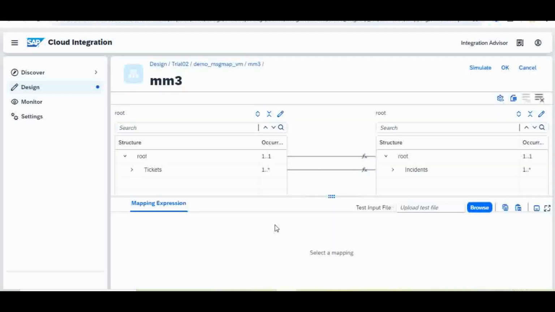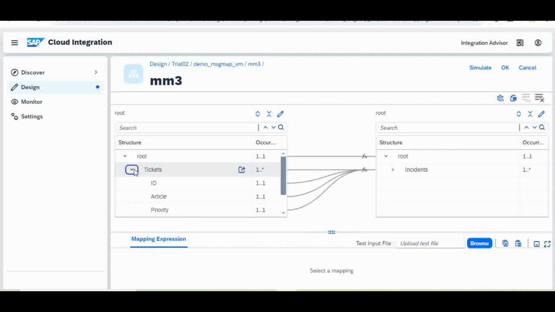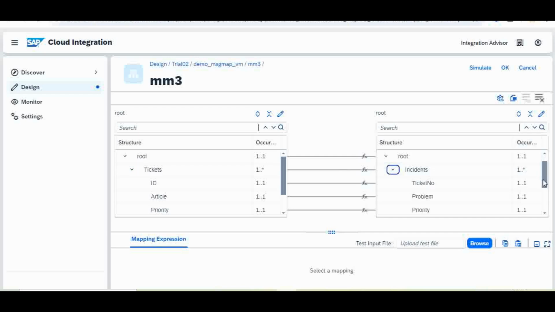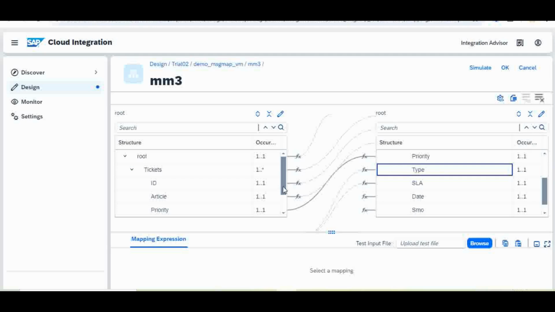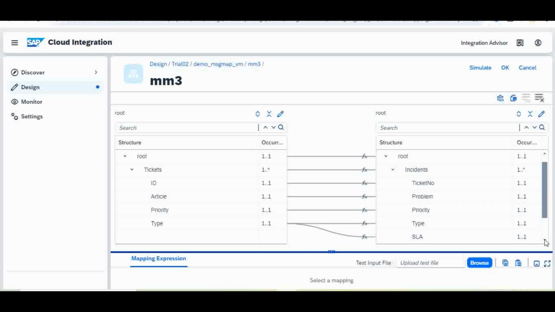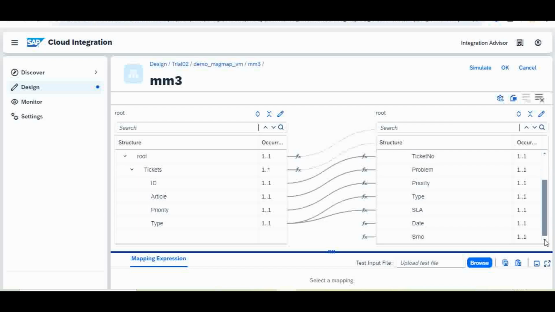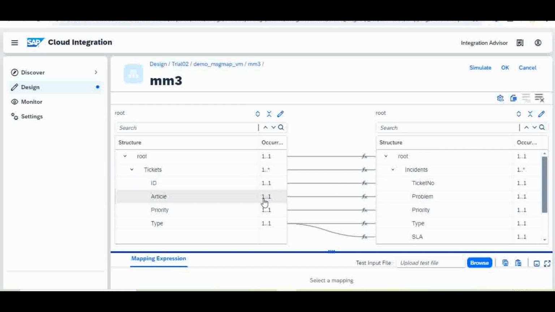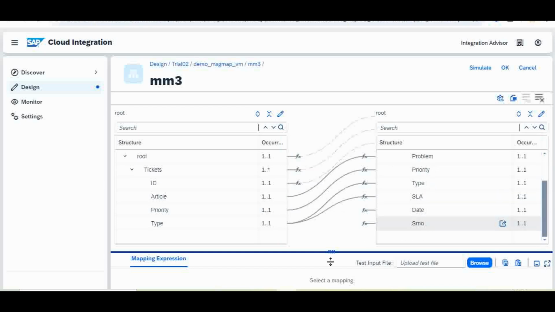Last class, we mapped everything root to root, ticket to ticket, ID to ticket number, article to problem, priority to priority, type to type, and apart from that, SLA we made as a constant,